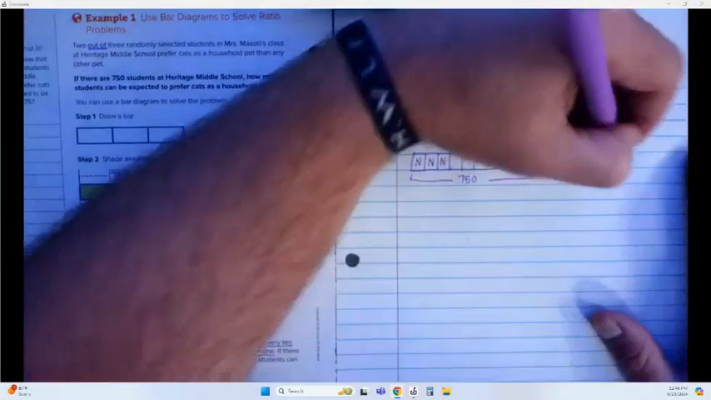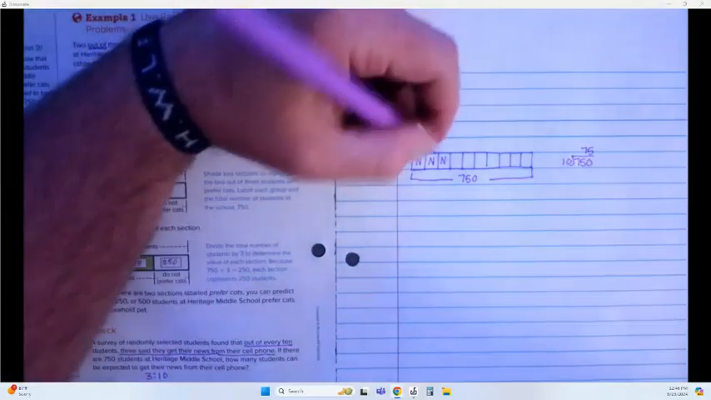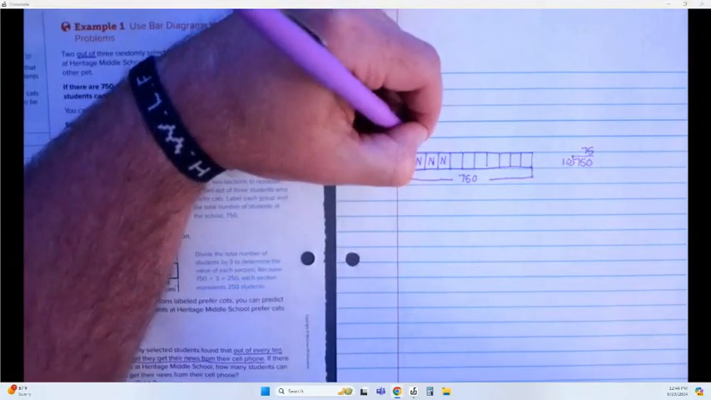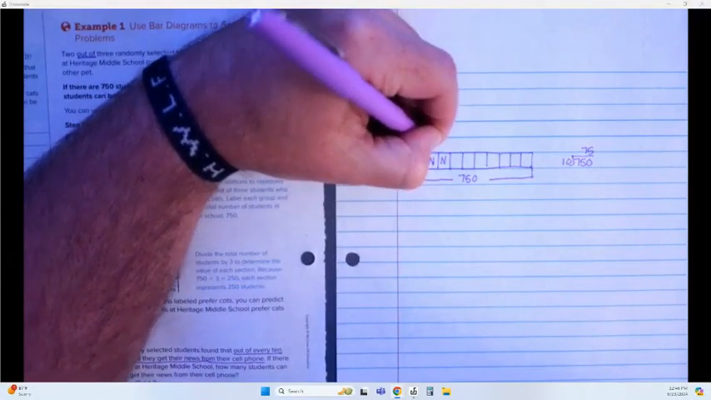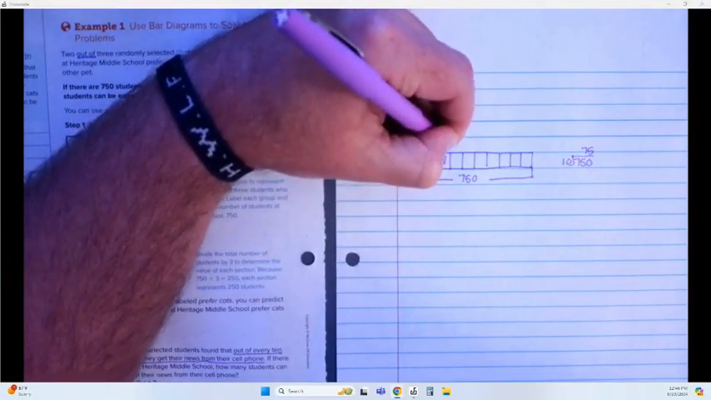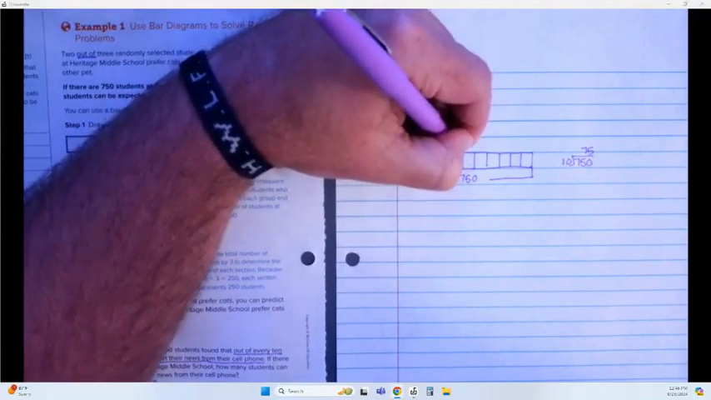When I work that out, I'll see that 750 divided by 10 is 75. Once I know each section equals 75, I can go through and label each section as 75. So